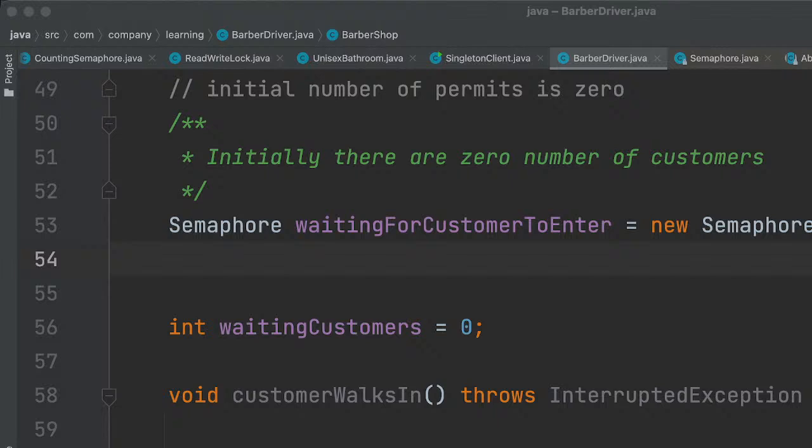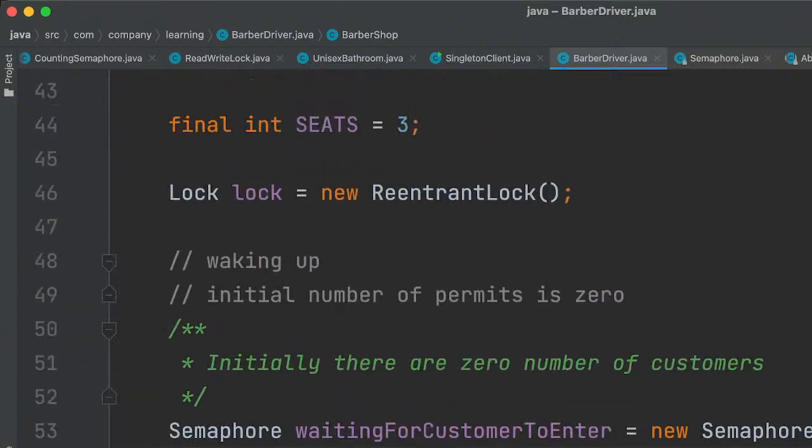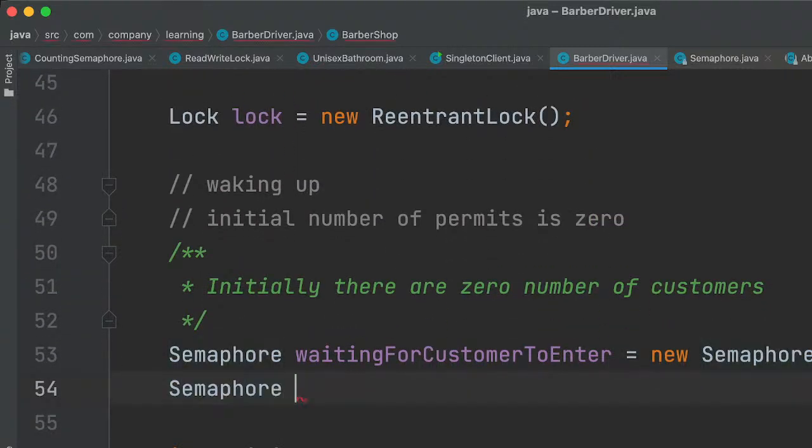So what we can do is have some other semaphore. We can have another semaphore waiting for the barber to cut the hair.